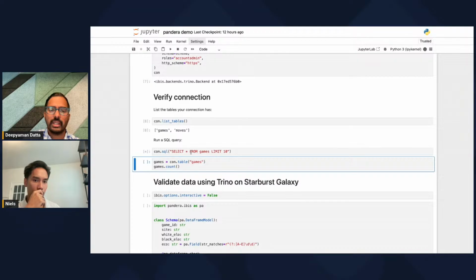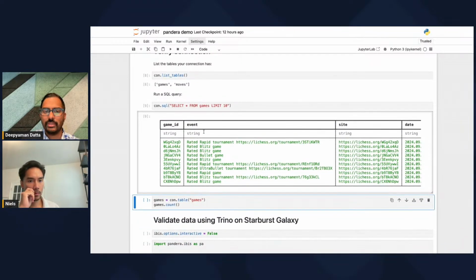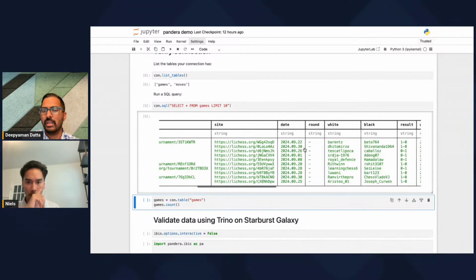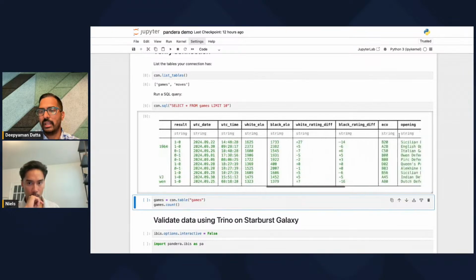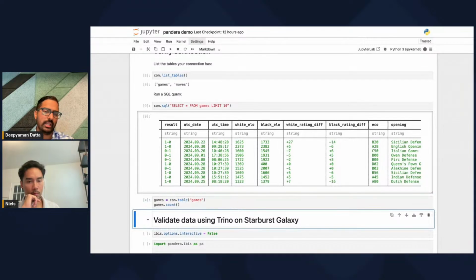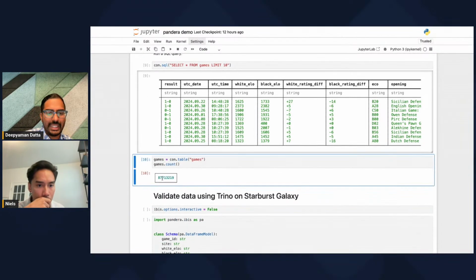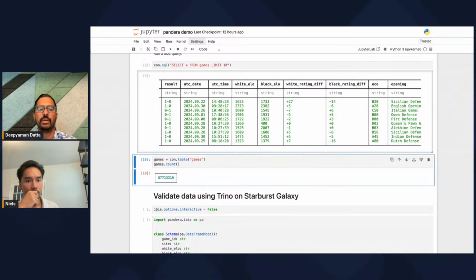We can take a quick look at a preview of some of this data. So let's get a few games from there. It should look quite similar to what we had. Yep, so here we just have our game ID column, site column, our ELO and ECO, all of that information is still there. And if we were to look at how many games there are here, that's about 87 million-ish games for the month of September.